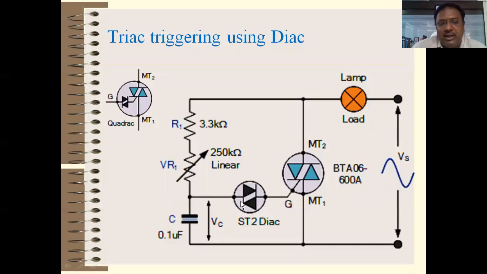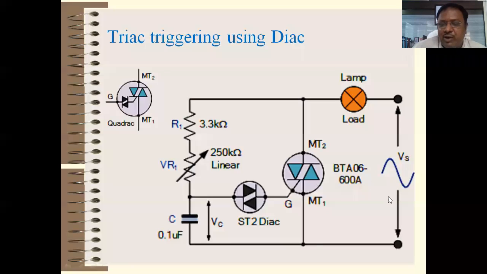Okay, so the diac is normally used to turn on the triac, right? Again, the question may arise in the minds of students, or maybe everyone, why is the diac connected here, right? Because in the previous circuit the capacitor was directly connected. So what exactly happens? This diac may turn on for either the positive or negative half cycle, right? If you are connecting a positive gate current for the triac, it may turn on only during one half cycle, right?